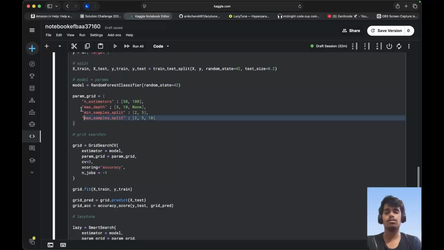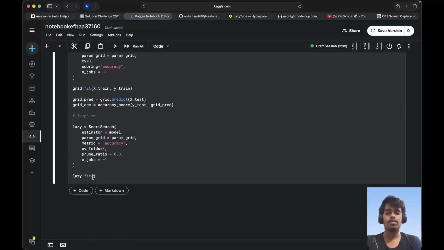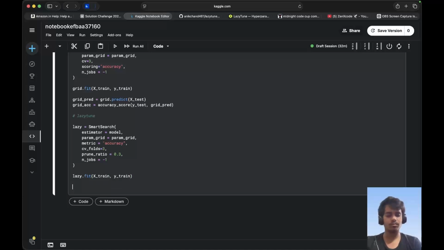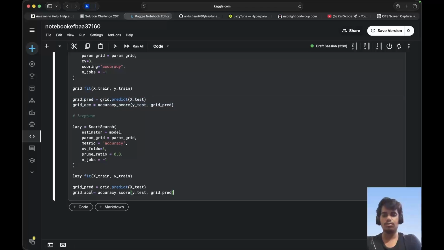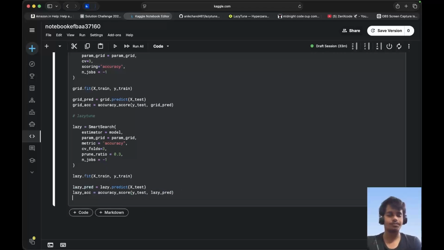Okay, using the LazyTune, so lazy dot fit x train y train, and same things here also, lazy pred, lazy accuracy y test, lazy pred. Okay,